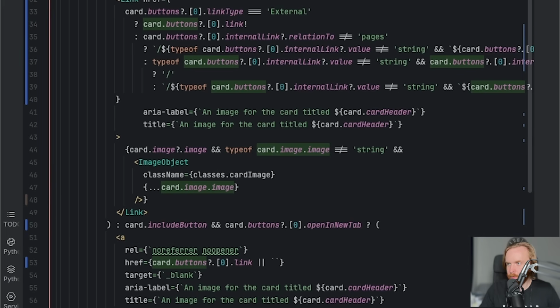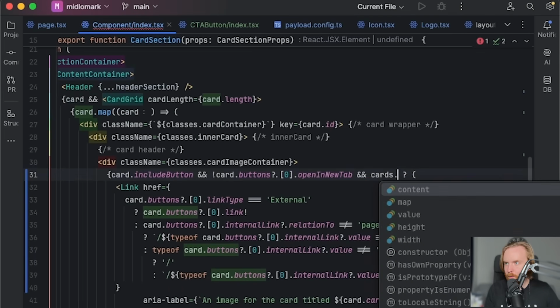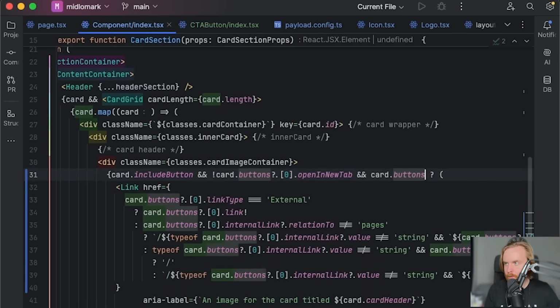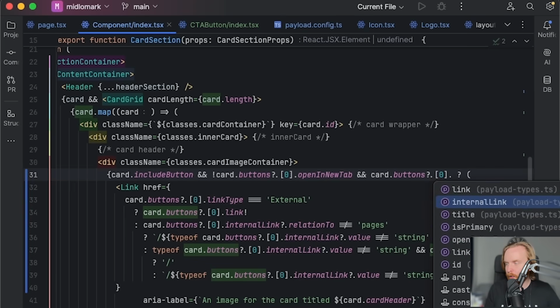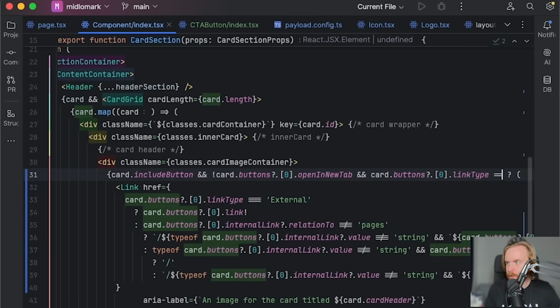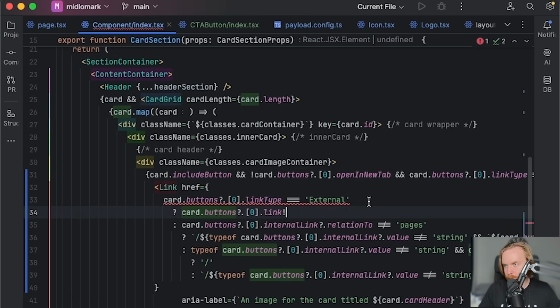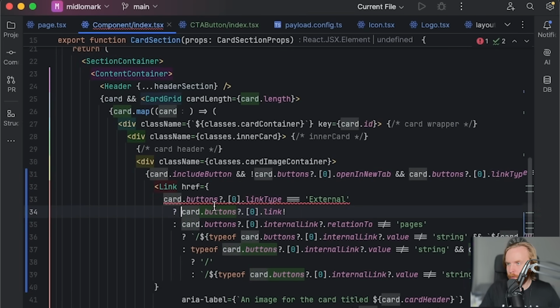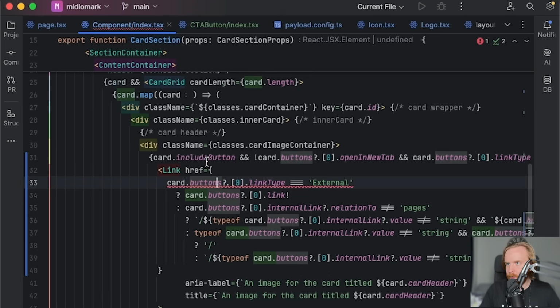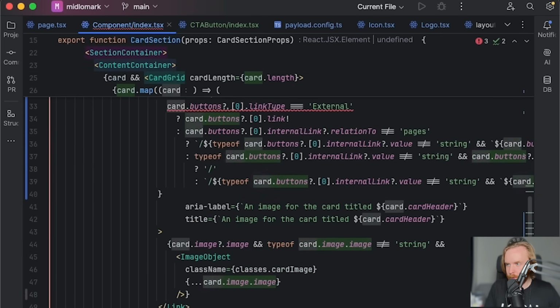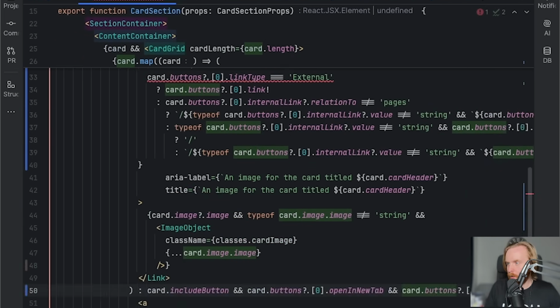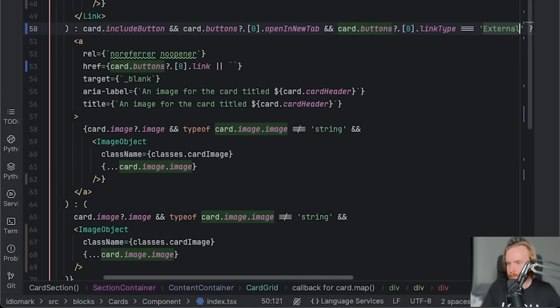So what we'll want to do is do cards, our card.buttons, that, and then we'll want to make sure that our link type, this needs to equal, we'll just do does not equal external, just to keep it as explicit as possible. So now this can't ever be true, and that's fine. So then we need to move this logic down here. And so this needs to be card.buttons, link type does equal external,